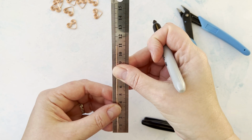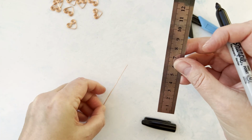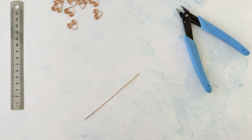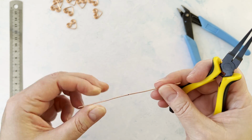So half of 11 is 5.5 centimeters. Just give it a tiny little mark, as you can see there. Okay, so this is where we come in with our wider flat nose, and on the mark, as you can see here, let me just move this out of the way,